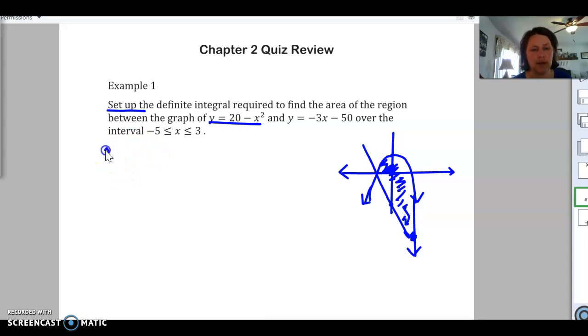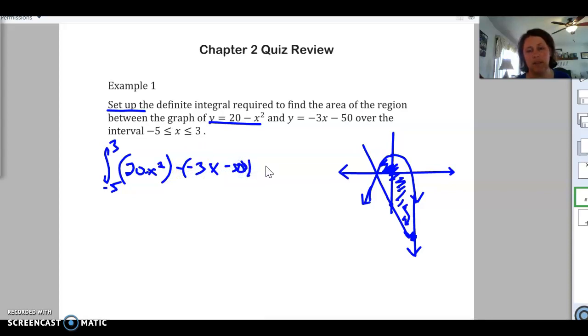So when I set up my integral, they give us the interval. If they didn't give us this interval, we would set our two equations equal to each other and solve. But we do not have to do that because they gave us our limits of integration. So we go from negative 5 to 3. Then we're going to take the equation that is the highest, which this equation is up the highest, so we're going to start with 20 minus x squared. And then we're going to subtract the lower equation, which is our linear equation of negative 3x minus 50